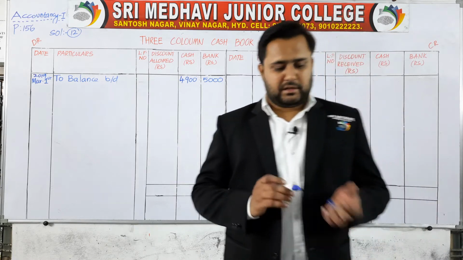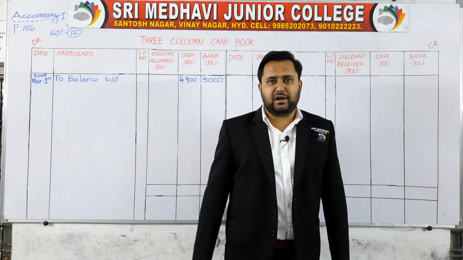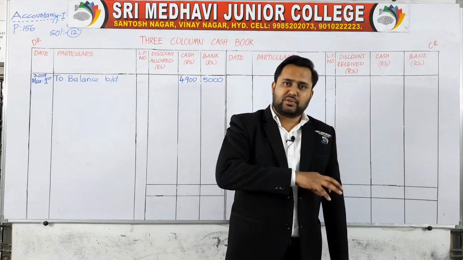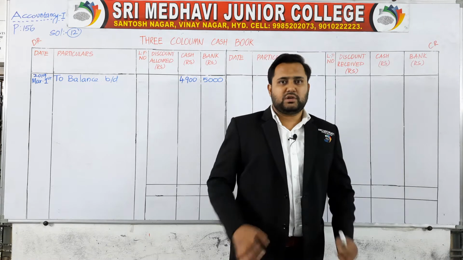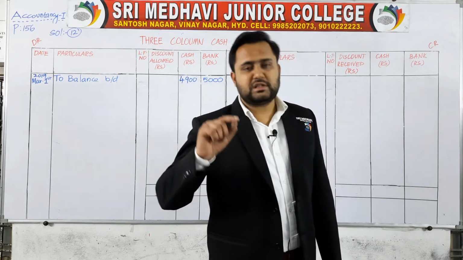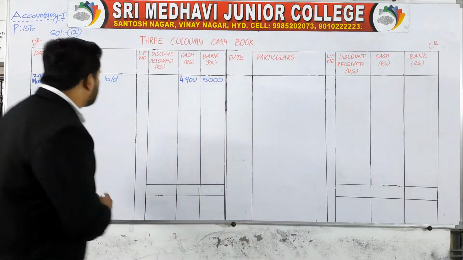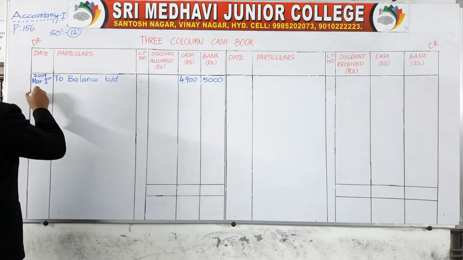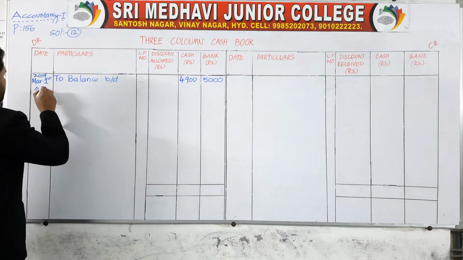Deposited cash into bank. As soon as you deposit the cash into bank, there is a contra entry. As soon as you withdraw the cash from bank, there is also a contra entry, for office purposes only. So here you are depositing the cash into bank, which means it's a contra entry. Deposit cash into bank: cash account to bank account. The contra entry shortcut here is: what is the date? The date is 3rd of March.